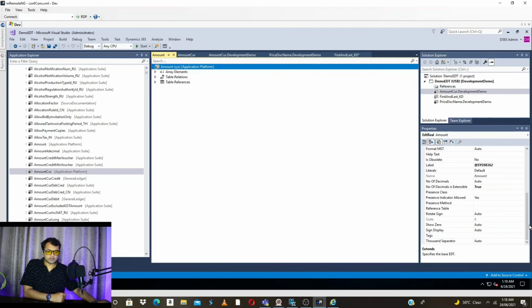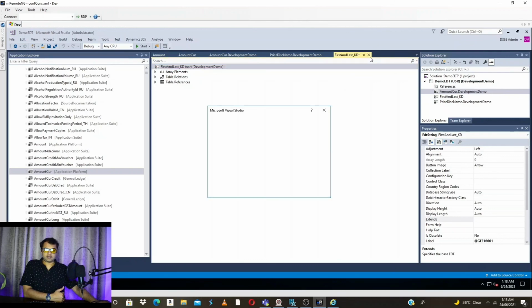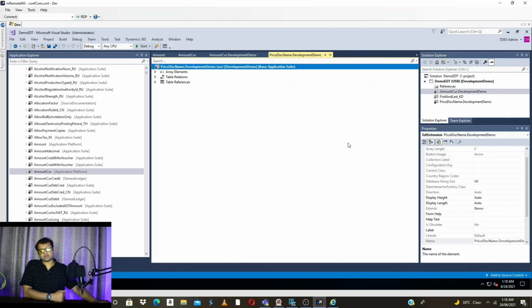This will not allow us to change anything, but you get the idea that if you want to extend an EDT, you can just right click the EDT and create extension. So this is how you do your customization in Dynamics 365. I hope this tutorial will help you in your development. Keep DAXing. Thank you.